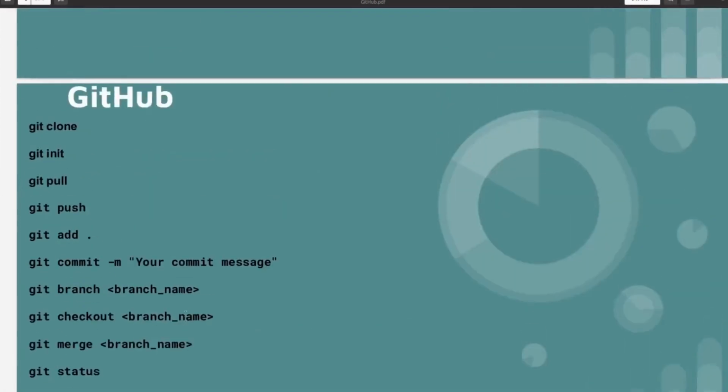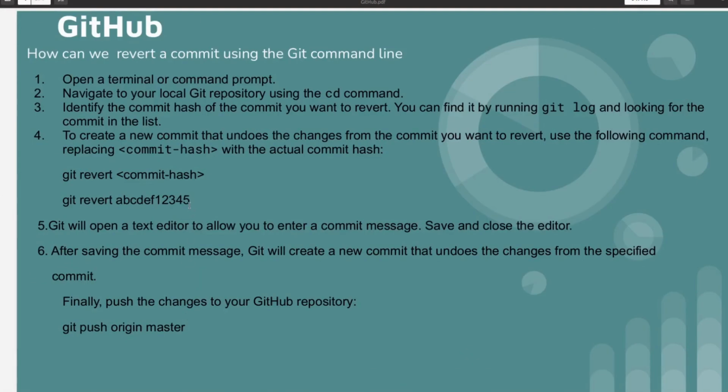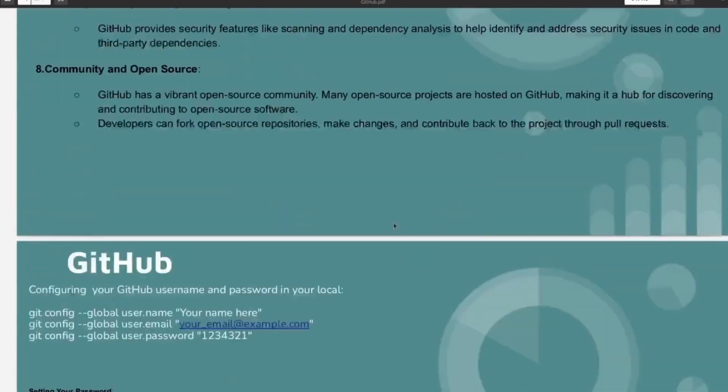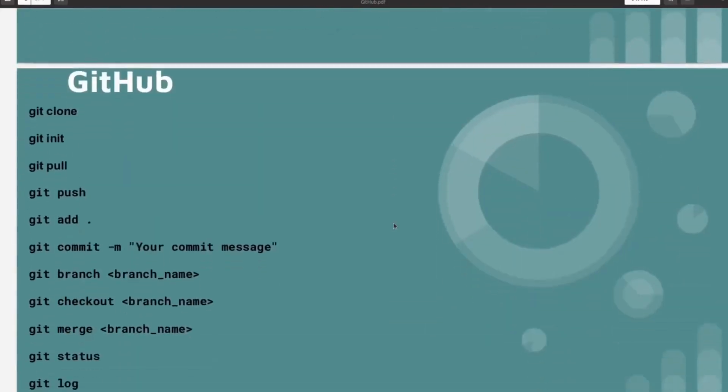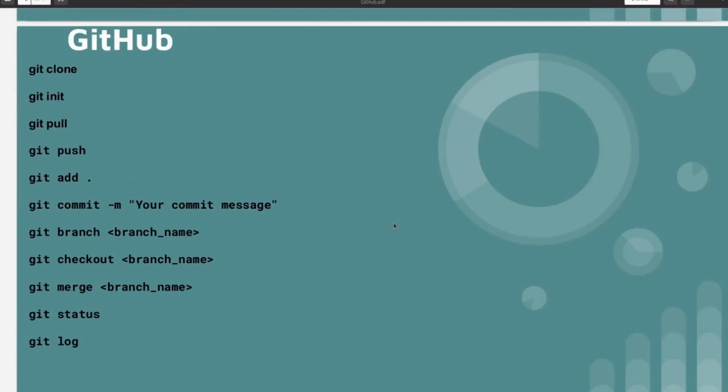So that's it for this video. I hope you found this video informative and helpful, and now you are able to understand how we can authenticate and work with GitHub, how we can create a pull request, and how we can do a lot of things. In the next video, we will see how we can create a pull request, and apart from it, I will show you some other things as well.